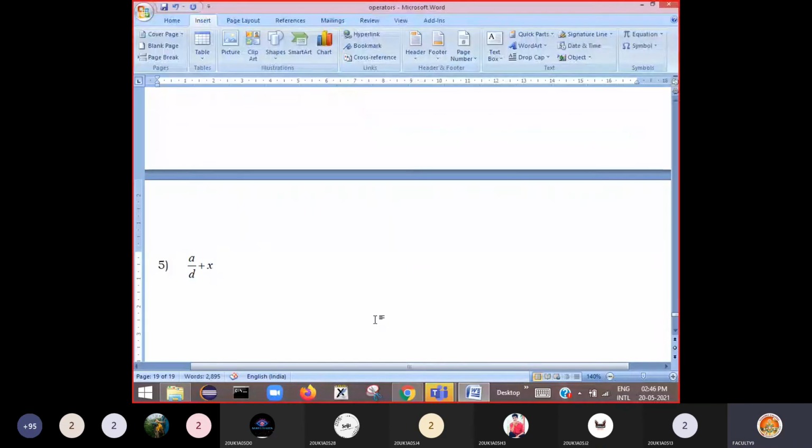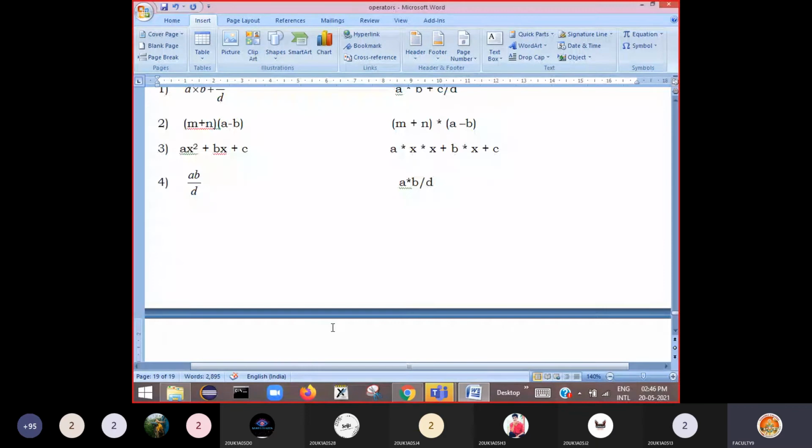Like this, you have a mathematical expression a by d plus x. So how can we write the equivalent C expression?